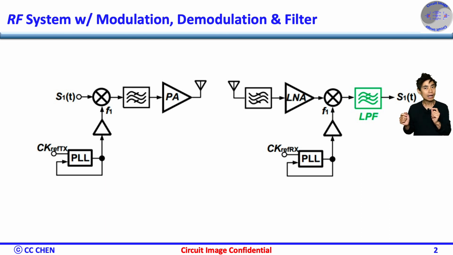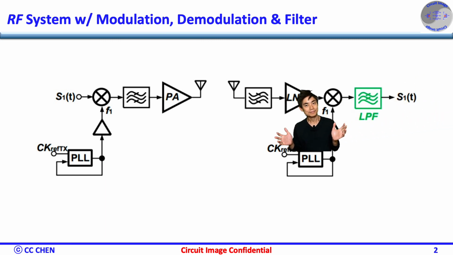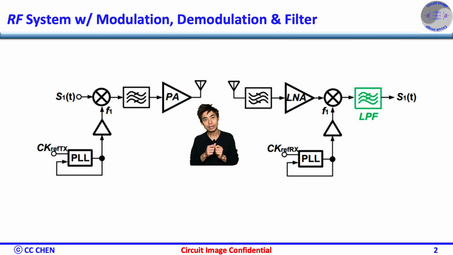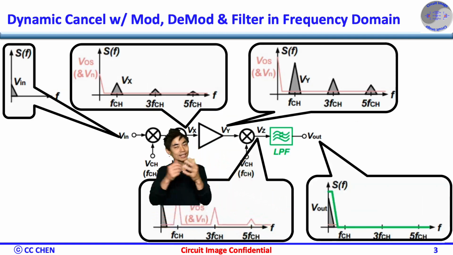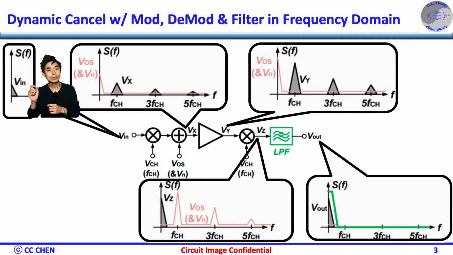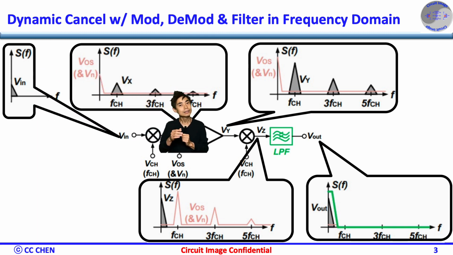Similarly, we can leverage the same idea of the RF modulation and filter to carry off the input offset over the flicker noise without the noise aliasing or folding in a continuous time dynamic offset mismatch cancellation. How is the modulation and demodulation in the frequency domain? Correct. The input signal is a baseband signal or low frequency signal, and it goes through the first modulator and